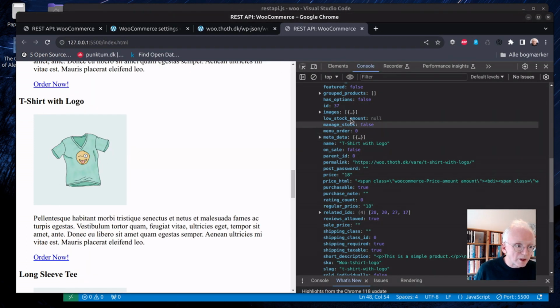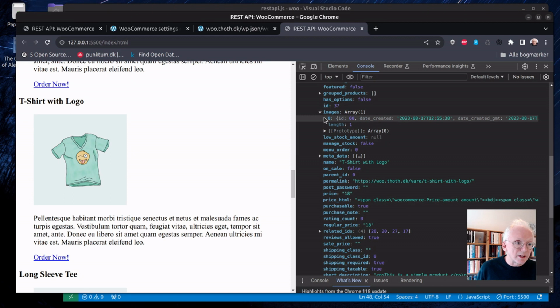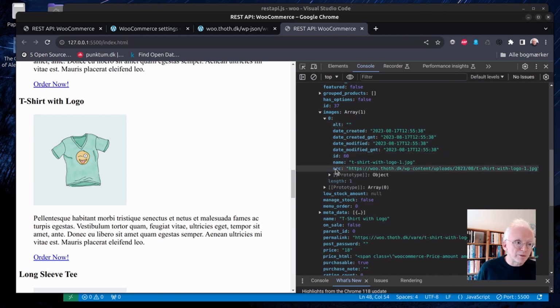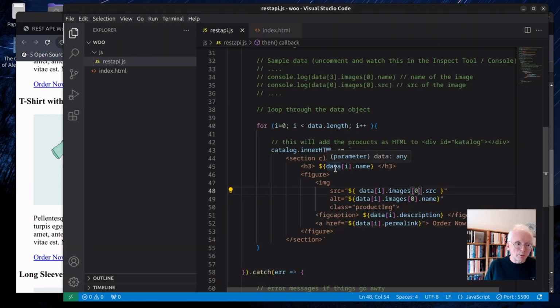So they are here, and you can see that this is actually also an array, and in number 0 we find the source for the image here. So with this dot syntax, we'll have images[0].src, and that's what is written here, and that is how we see the image. And then as an alt